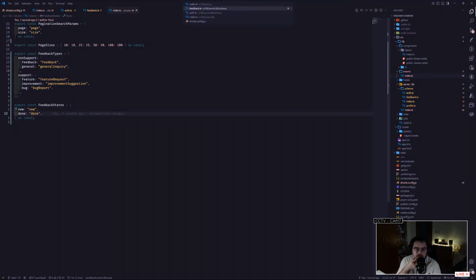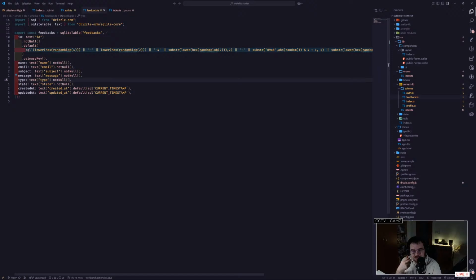Okay, and one thing to mention here is the fact that SQLite, again, lacks certain features that other database providers have. In this case, there is no built-in enum handling at a database level. But what we can do is tell Drizzle to treat this structure that we have